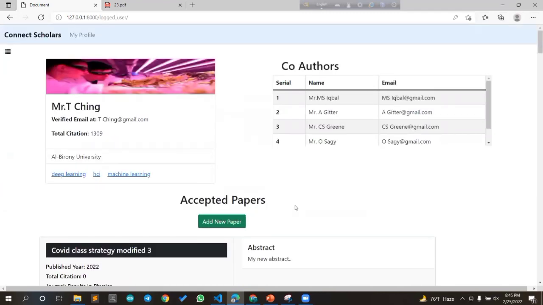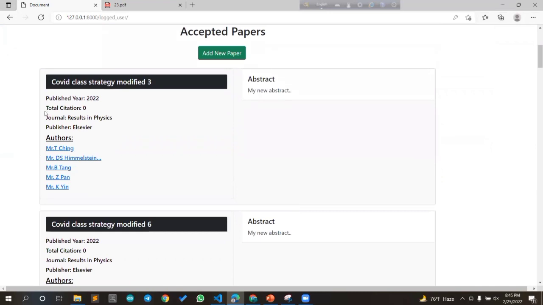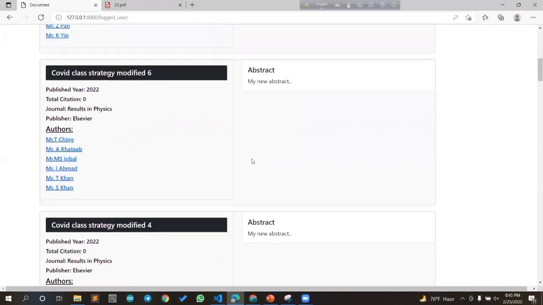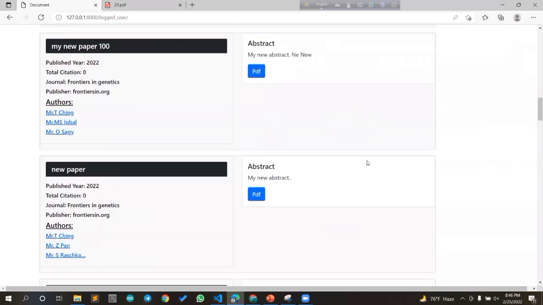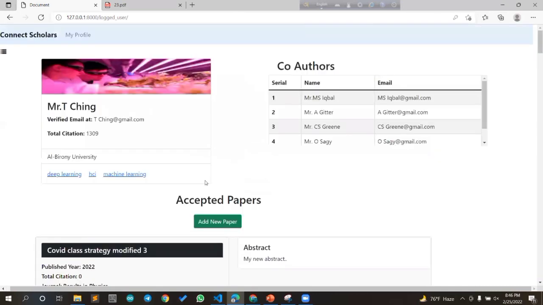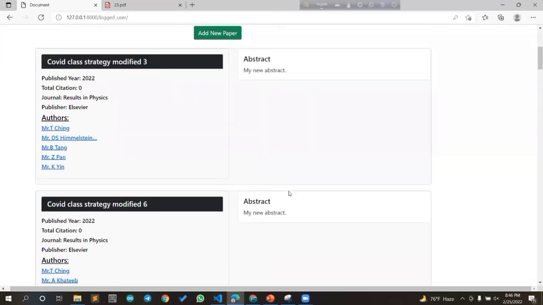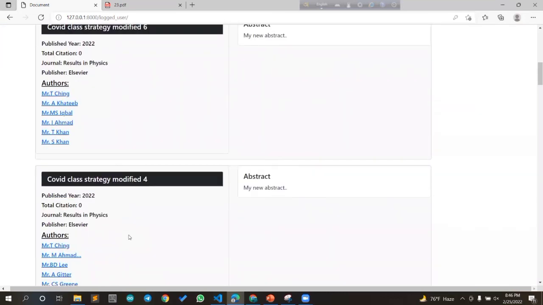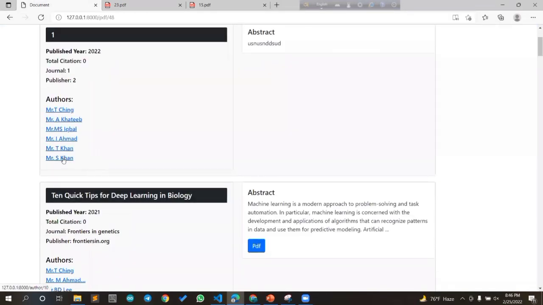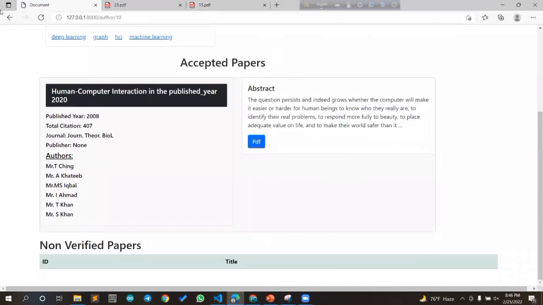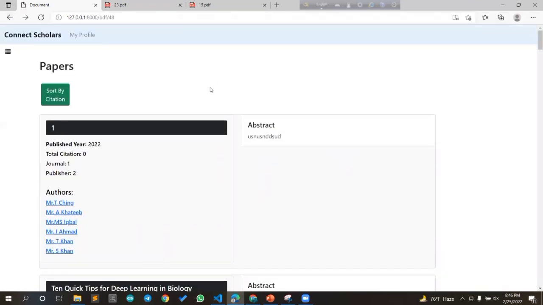As we have seen in the previous section for general users, if we search a paper, we get all the papers related to that domain and the link to the PDF. It is similar for a particular author. In a particular author's accepted paper page, we get all the papers written by this author and his co-authors, and finally the PDFs. And if we click any of those authors, we go to his page. Okay, so this is all about his